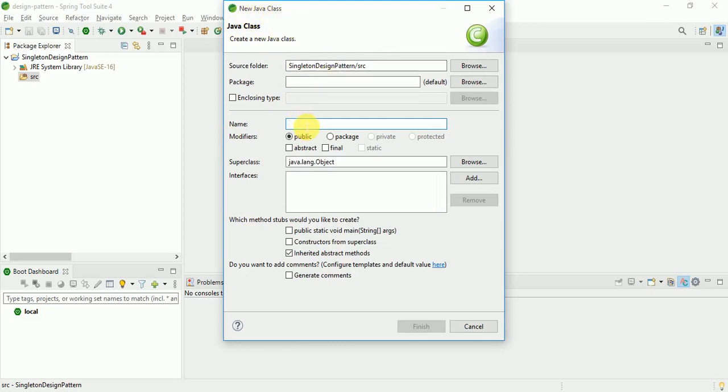Inside this pop-up you have to provide the class name. So singleton eager. I'm going to create the eager initialization singleton class, so that's why I've written singleton eager, and here you have to provide the package, right? If you don't provide any package name, it will be the default package. So let's give the package name